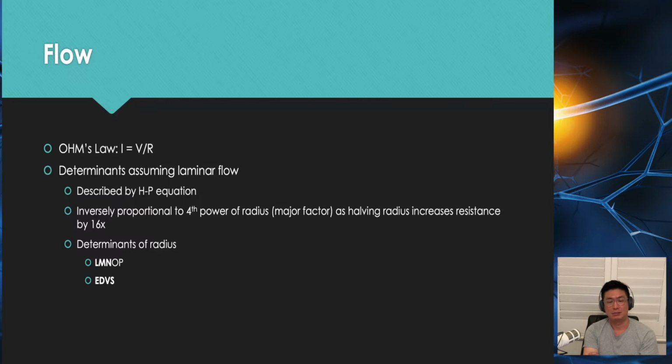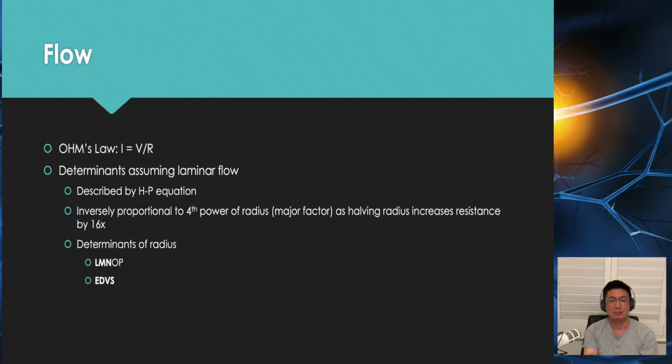If you're explaining this in a viva, I think it's important to say, to get out there, essentially that the resistance is inversely proportional to the fourth power, right? So that if you decrease your radius by half, you're going to get a 16 times increase in your resistance, which is significant. Now, the determinants of radius, the way that I sort of came up with this was so that